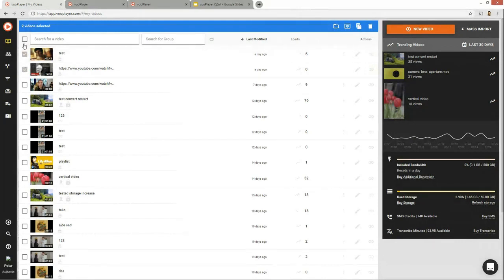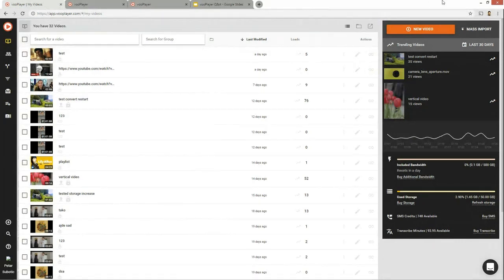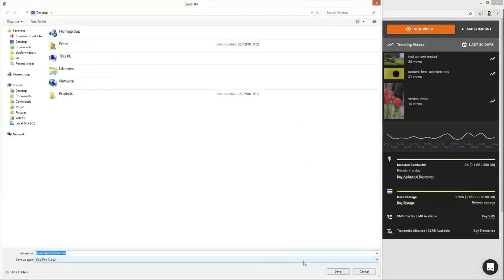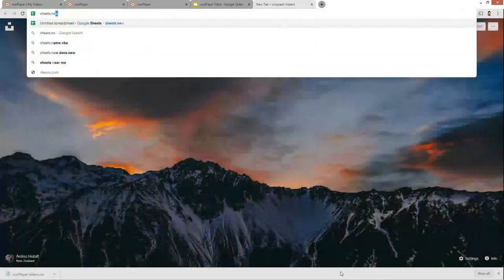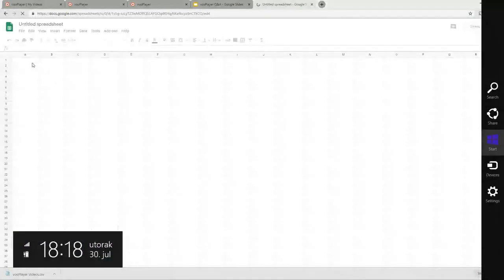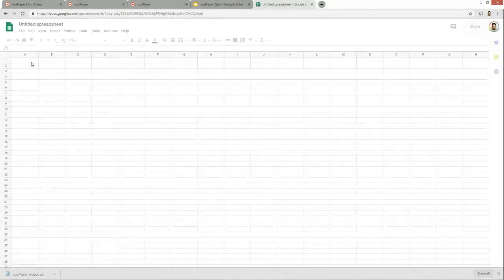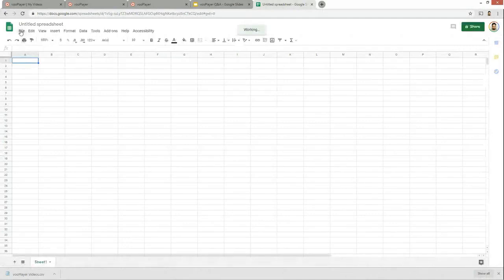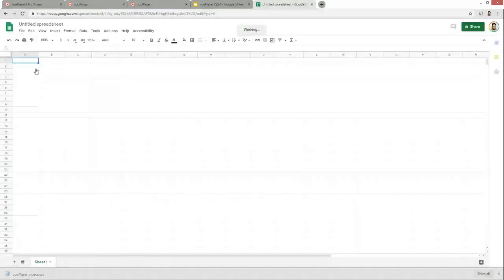I think that only works for old videos maybe. So if I come over here and click on export video list, that's going to give me a VPlay videos CSV file. So if we just go to Google Sheets just to see what we're working with there, we'll just dump that data in there. Import.